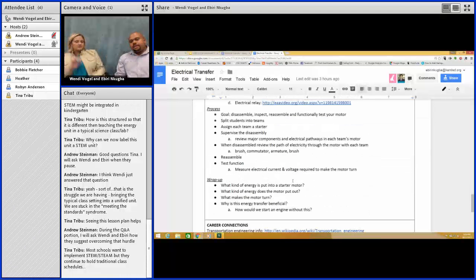So the process on this lesson, and again, it was all embedded in that energy transfer unit that Wendy laid out for us at the beginning, our goal was to disassemble, inspect, reassemble, and functionally test your motor. Now, this was really cool because as these students were stepping through this, and we're going to show you some photos of some of this, when we had them apart, I would have a short discussion with them